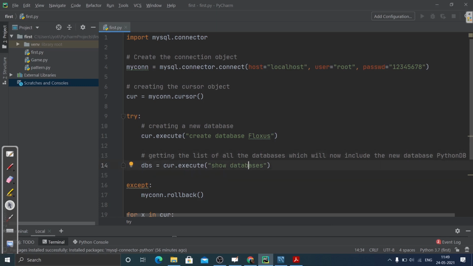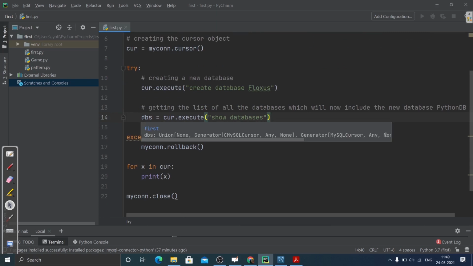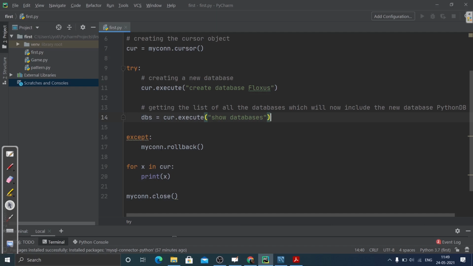I want to show the list of all the databases that are there inside that connection. There may be chances that inside that connection, more than one database is there. So for that, I will first check, and I'm using this query. This query will list out the names of all the databases that are there. Now, if something goes wrong inside this part of the code, or some error has occurred, then this except will work, and this is basically rollback. It will undo whatever has been done.